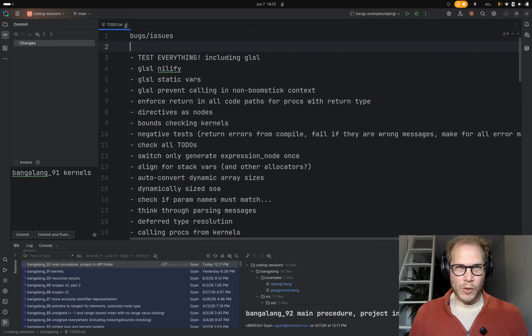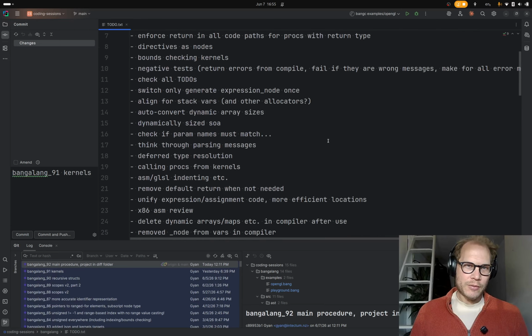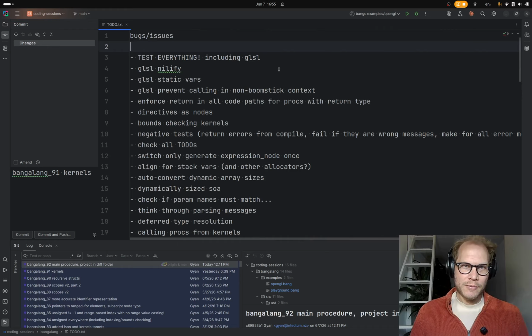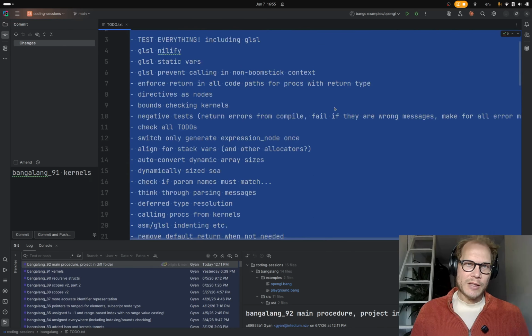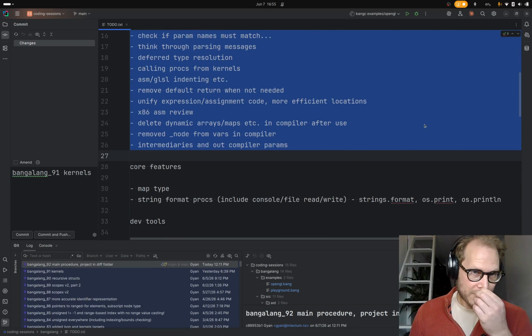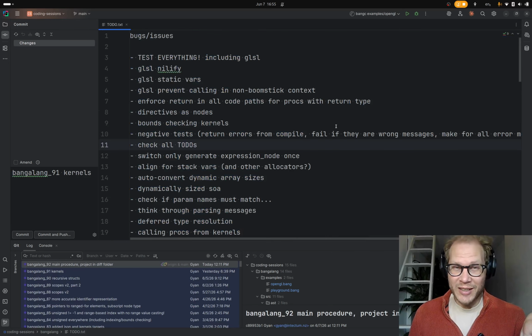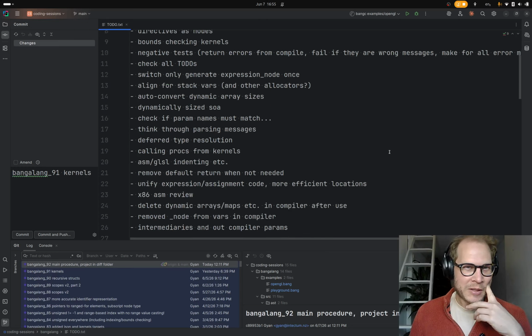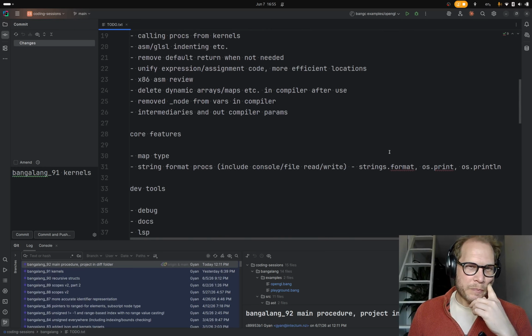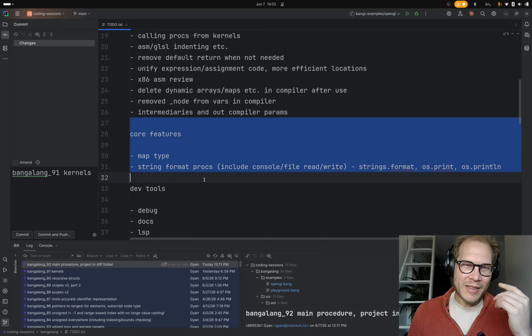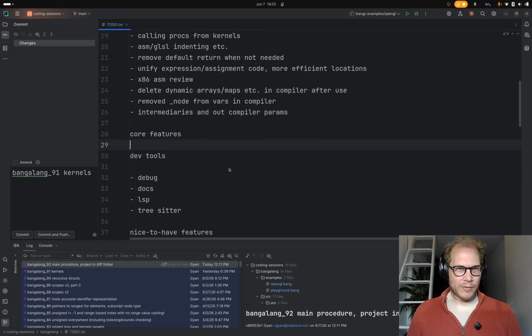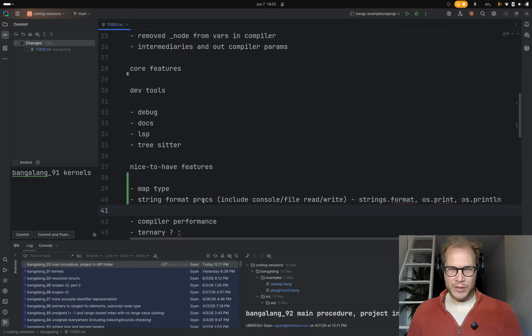Anyway, we're working through our bugs and issues list. I'm thinking that once this list is done, which includes check all to-dos, which is kind of another hidden list within the code, I think, you know what, I'm going to move all this to here.